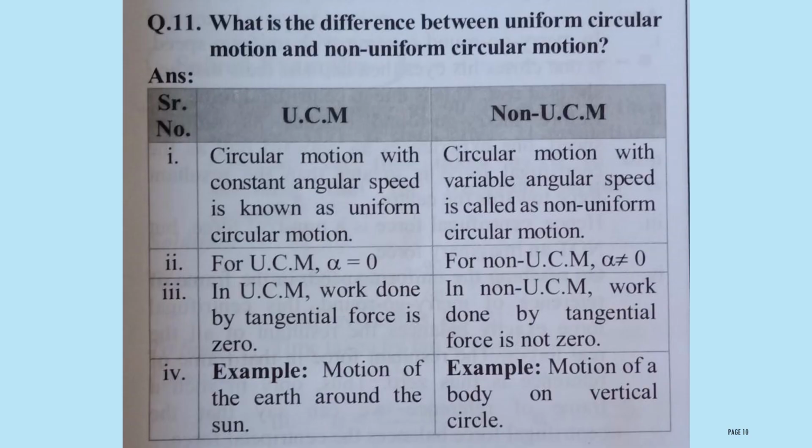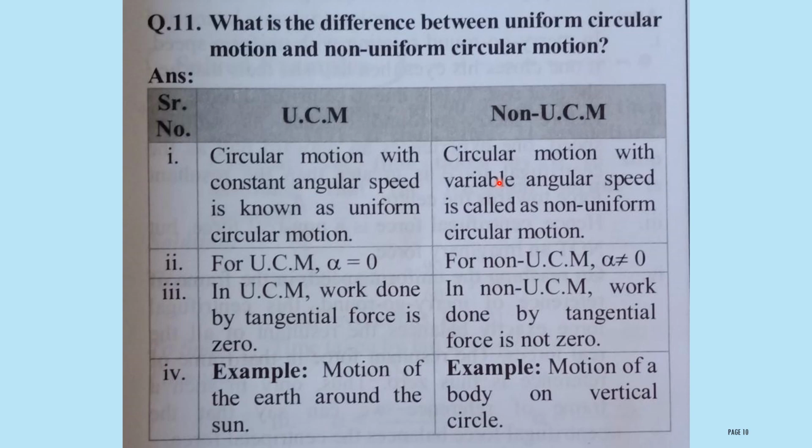The difference between uniform circular motion and non-uniform circular motion. Circular motion with constant angular speed is known as uniform circular motion. Here, circular motion means the motion of an object in a circular path. In uniform circular motion, the angular speed of the object is constant throughout the motion. Circular motion with variable angular speed is called non-uniform circular motion. In non-uniform circular motion, the angular speed keeps changing at each and every point